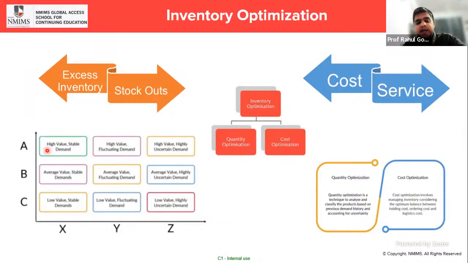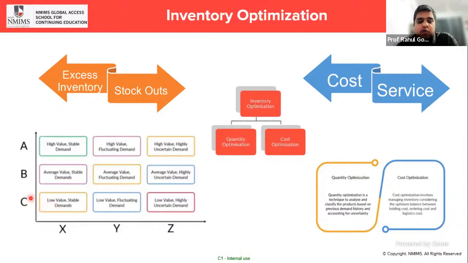Like I said, the classification that we had seen earlier helps you take certain calls on how much safety stock to keep, and what inventory policy you are going to design. If you look at ABC and XYZ, this gives you a 3x3 framework. You can first segment your SKUs on the ABC axis, then segment on the XYZ axis, and then you will have labels for every set of